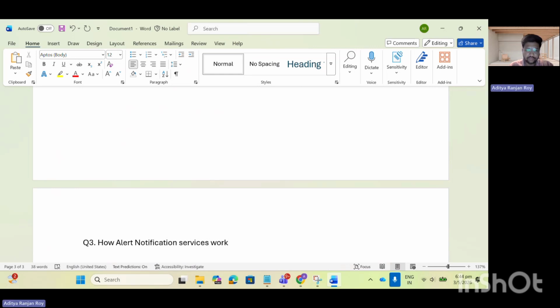Once I explained that, they asked for which purpose I used it and what the benefit of it is. So a total 5-minute discussion went on about alert notification service, like how I integrate it with the CAPM application and all these things.